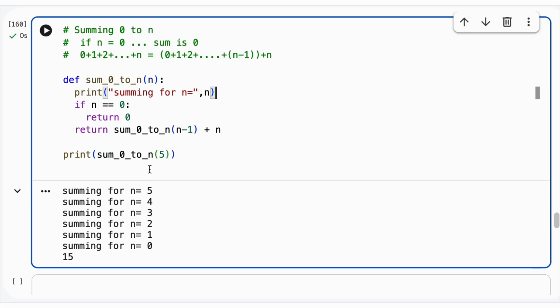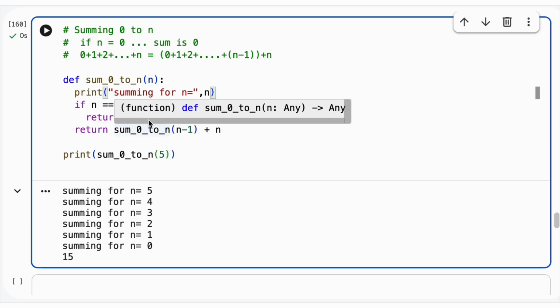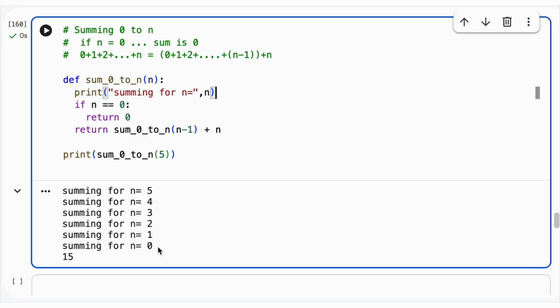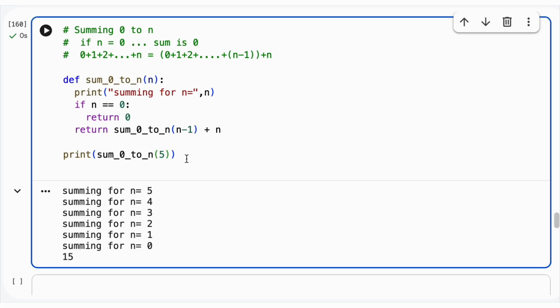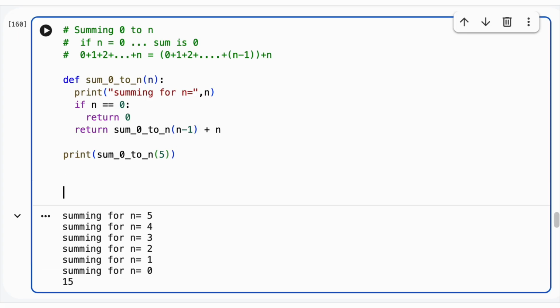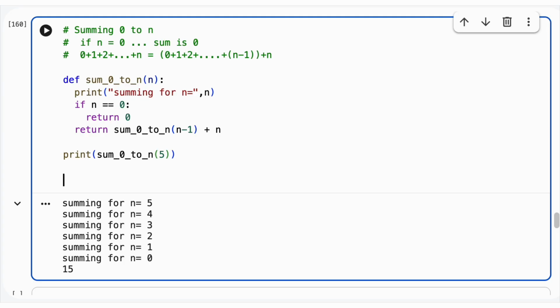So you can see that as the function runs, it first goes with 5 in here. This is not happening, so it will call itself with 4, then with 3, with 2, with 1. So it will call itself several times and come up with 15. Right? If you really want to do the sum like this, and you actually want to do the sum, you can